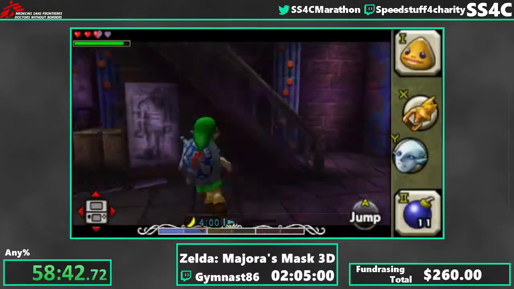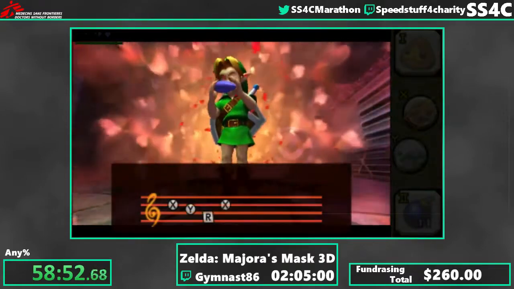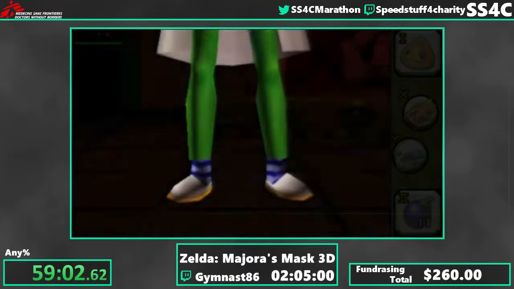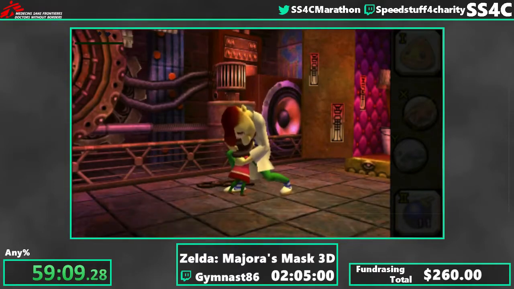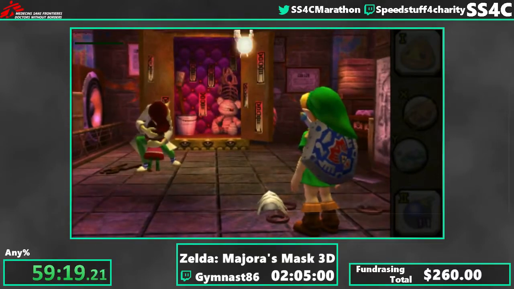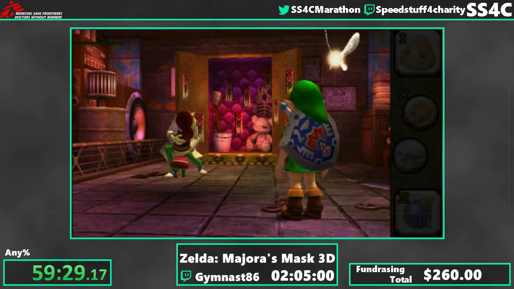And so now we're in the music box house, mainly because we need to get the Gibdo mask. This is also a very sad cutscene. Well, not sad, but heartwarming, I guess. Alright, so now that we have the Gibdo mask,